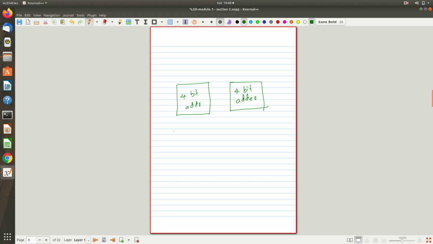Now I am trying to implement an 8-bit adder, so the bit positions are A0, A1, A2, A3, A4, A5, A6, A7, right? Just to get clarity, I am explaining. Hope it is clear for everyone. Then B0 to B7, and it is giving you a sum like S0, S1, S2, S3, S4, S5, S6, S7 and S8. The 8th bit of the sum is nothing but the final carry out, right? So that is the 8th bit, S8. Like that I am getting the sum.